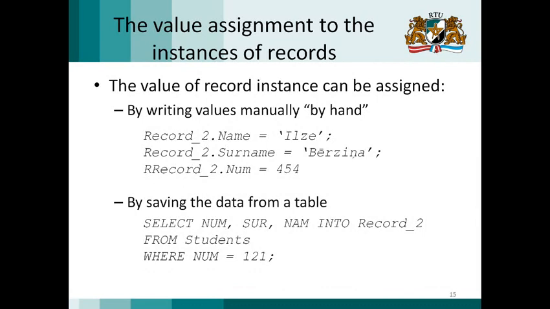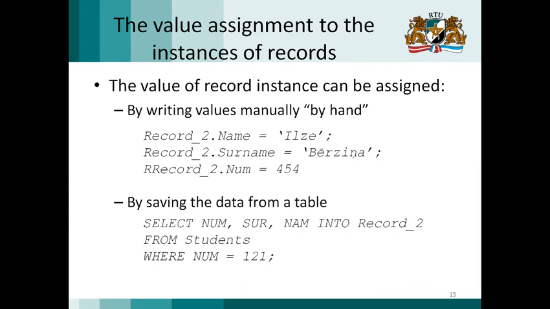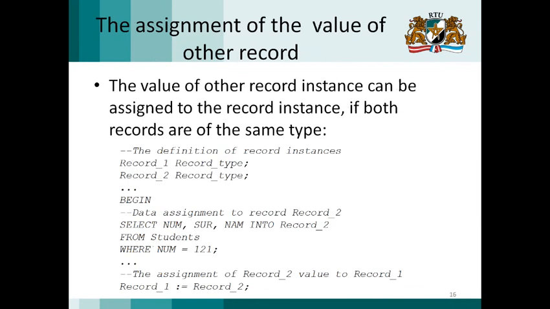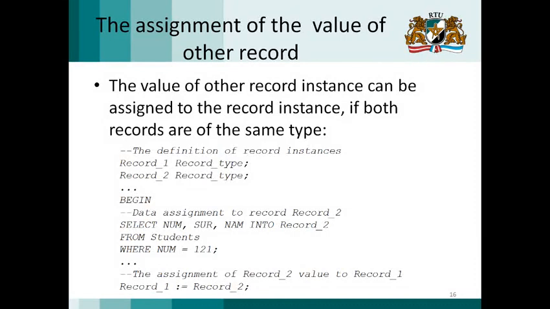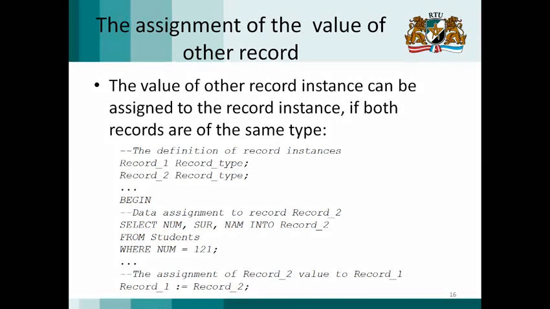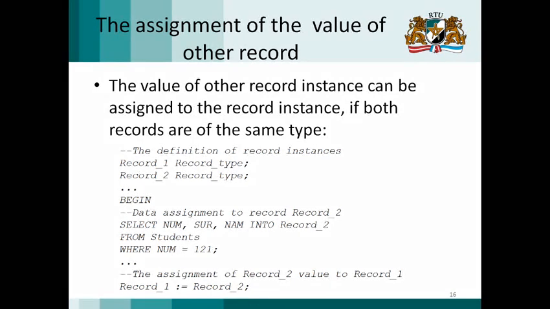And the record can only have one. So we can only take one row from the table and write it in this record. We can also assign a value of one record to another if both these records are of the same type. For example, we have defined two record instances of the same record type, for example, record 1 and record 2, and then we can